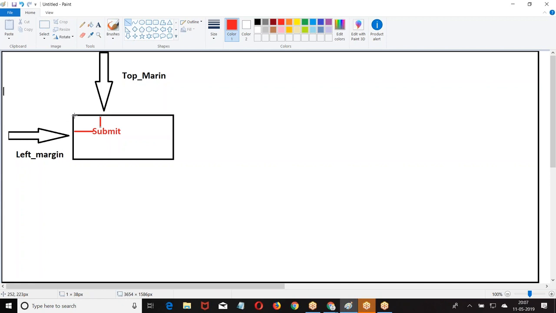So we have margin left, margin right, margin top, margin bottom, padding left, padding right, and the top and bottom. The next one we have, now, what was this? Border thickness is changing. Border thickness.